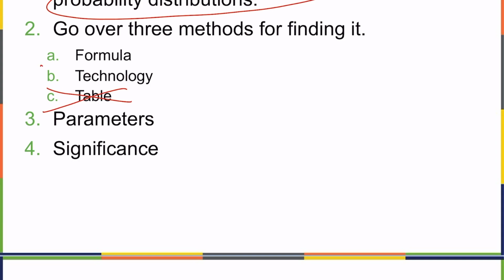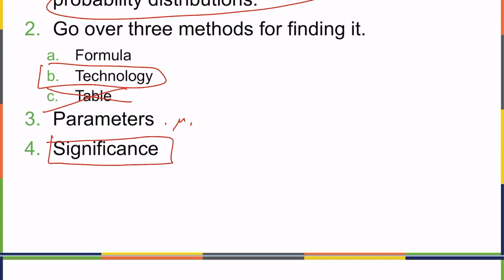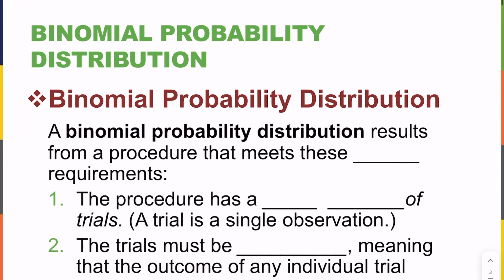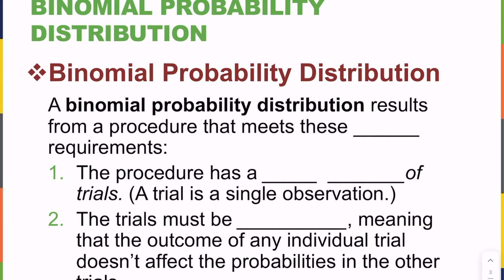Mainly, technology. Okay, we'll talk about parameters, mu and sigma for this thing, and then we will talk about the all-important significance idea, which will come up in hypothesis testing. Okay, that's the goal, hypothesis testing. We're all going to become experts in hypothesis testing. All right,